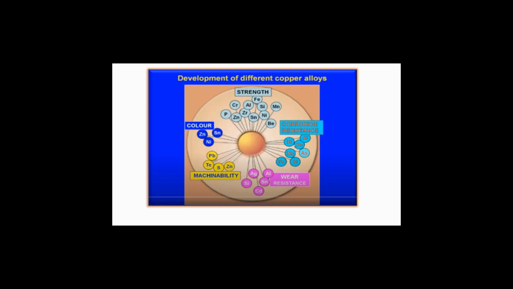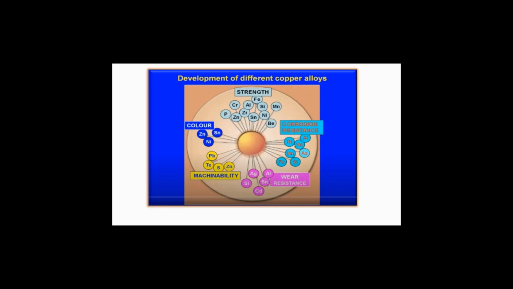So if I am talking about strength, what is my objective? If I want to increase the strength of copper, please try to understand. Then all the materials that are written there, that is chromium, aluminium, iron, beryllium, zinc, phosphorus, we need to add into the copper in some amount. If I want to improve the corrosion resistance of copper, in the next objective,